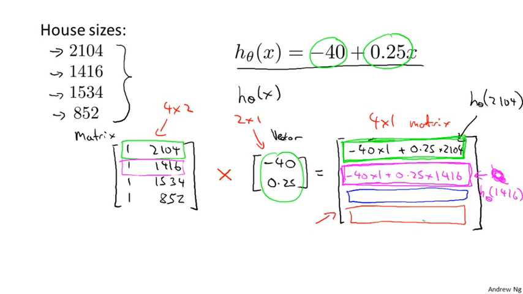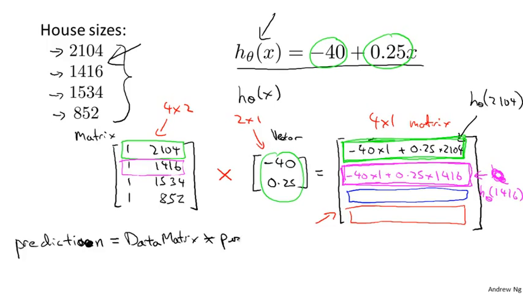And the neat thing about this is that when you're actually implementing this in software, so when you have 4 houses and you want to use your hypothesis to predict the prices of all of these 4 houses, what this means is that you can write this in one line of code. When we talk about Octave and programming languages later, you can actually write this in one line of code. You write prediction equals my data matrix times parameters, where data matrix is this thing here and parameters is this thing here, and this times is a